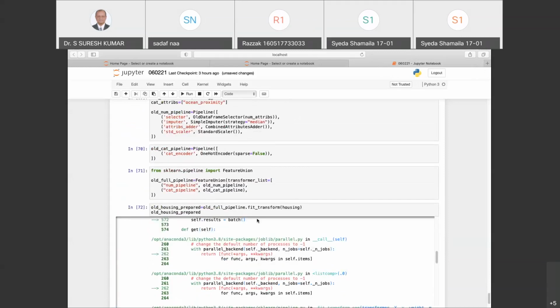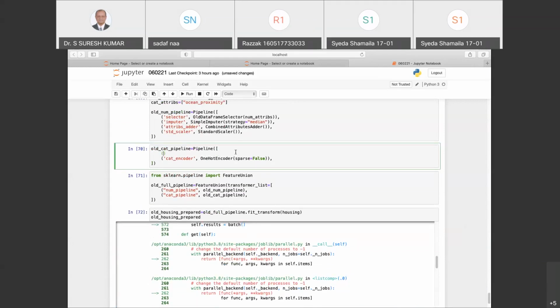Now it gives me, okay, I'll tell you why. Because this old category pipeline, we have done it for this cat encoder. Before this cat encoder, I need to specify my selector, which will be nothing but my old data frame selector of category attributes and this category encoder.